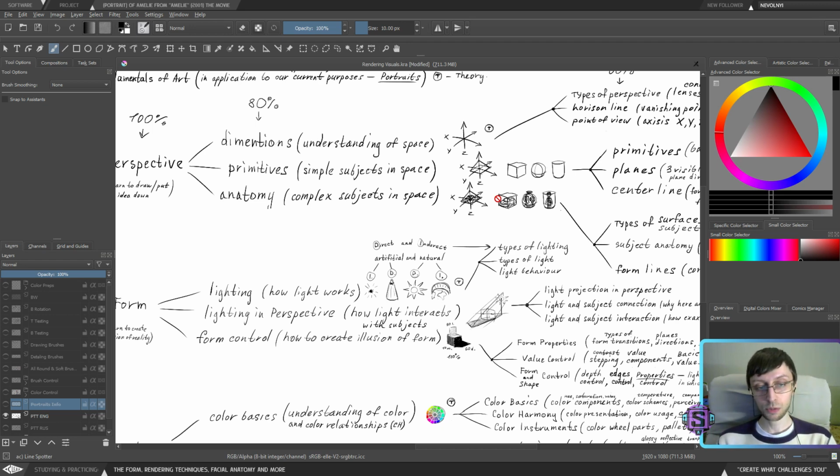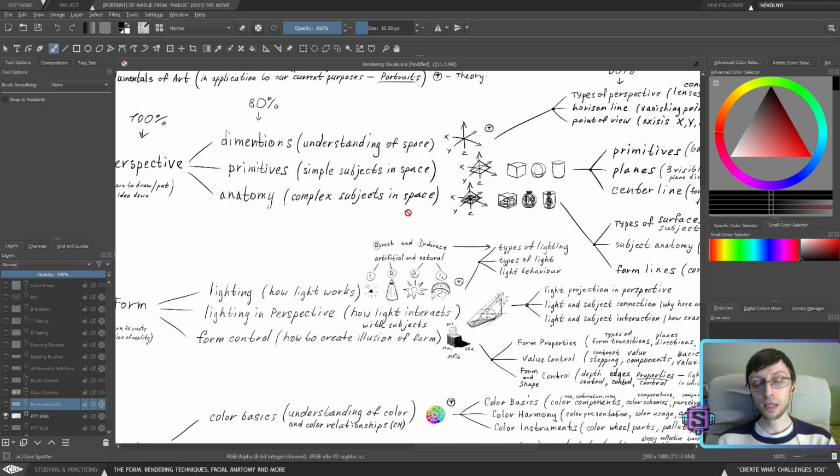Because of this, we're going to start with the skull, we're going to then add muscles on top of the skull, we're actually going to study the anatomy of every character that we're going to work with. So this is my personal approach to dealing with portraits, and you will find your own personal approach depending on what you need to study.